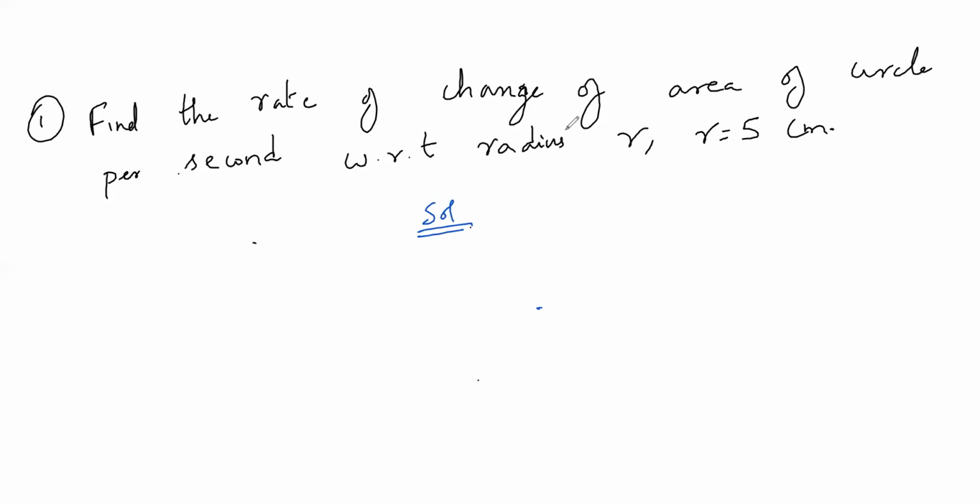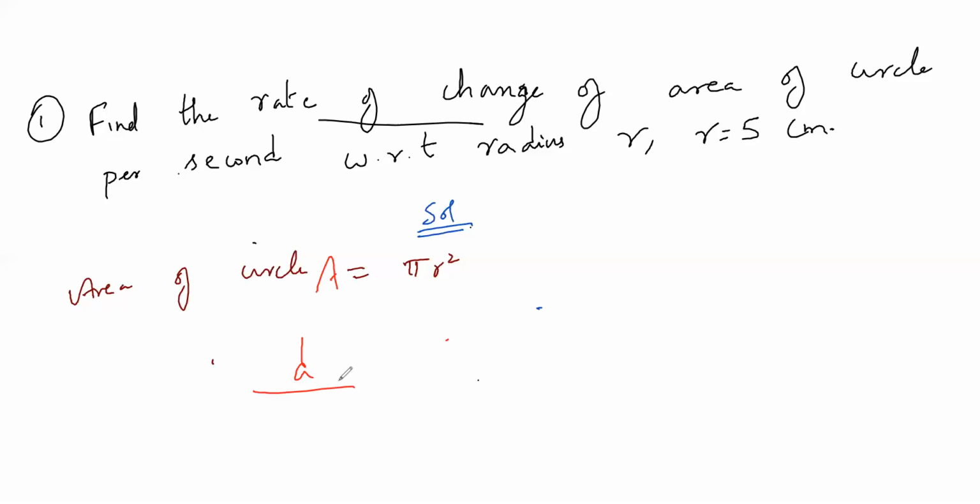So guys, first thing is identifying this question. Rate of change, which means what? We know dy by dx. First thing you should write is what? Area of a circle formula, pi r square. Write down pi r square directly. Done. Now what is the question? Rate of change of area of circle per second with respect to radius. Correct? So area of a circle with respect to what? Radius. Which means if area of circle is A, right here A, correct? What is it? dA by dr.